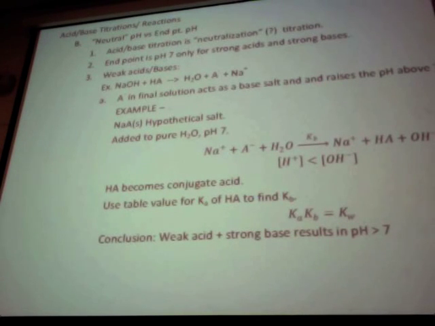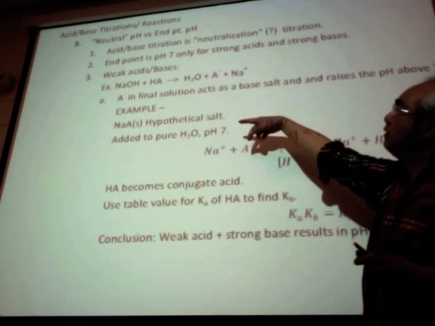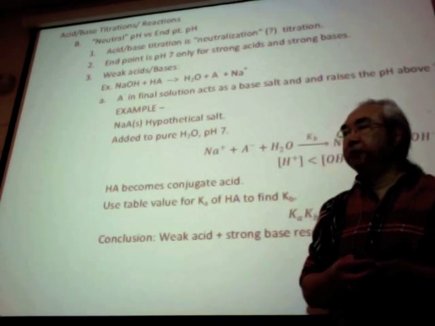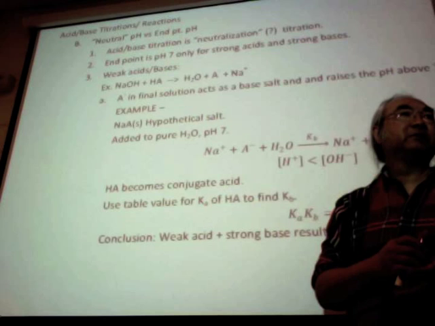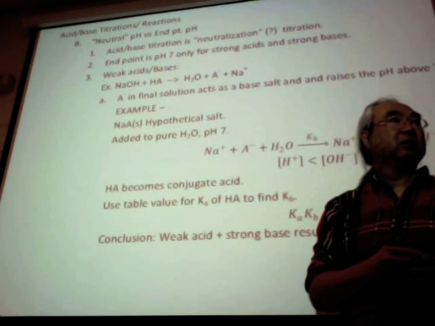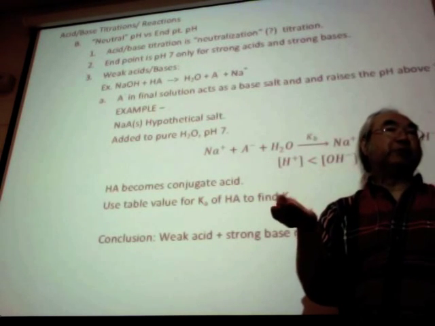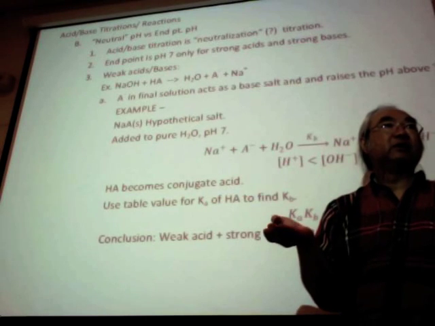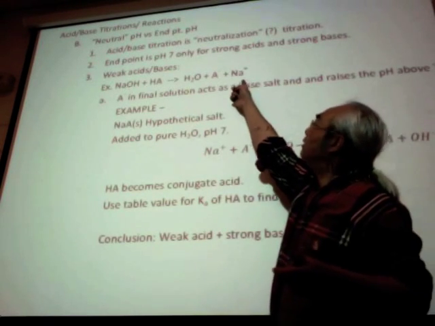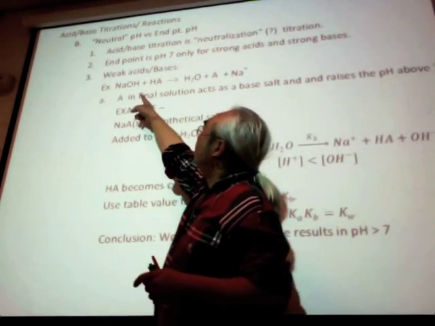But for weak acids and bases, your endpoint pH will not be 7, even though your solvent is water. Because the solvent is water, the neutral pH is 7. Yet for titration, you are going to generate these as product. So strong